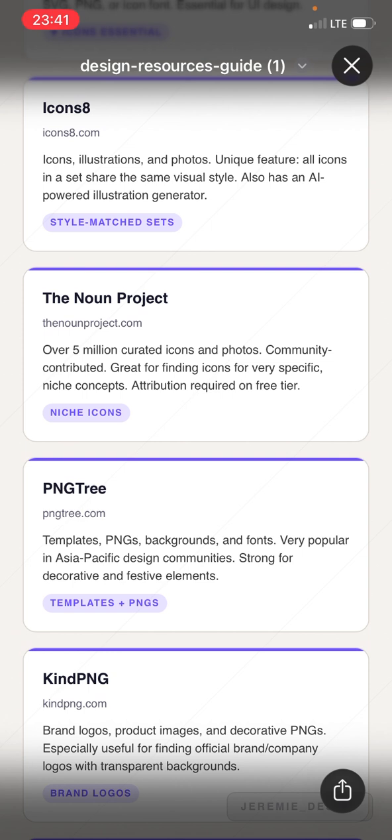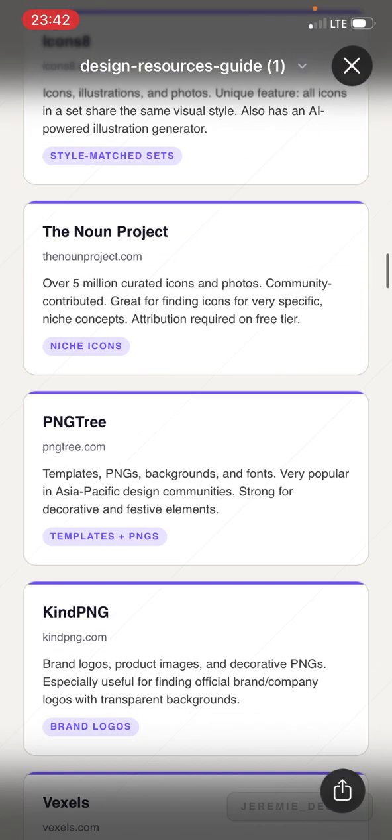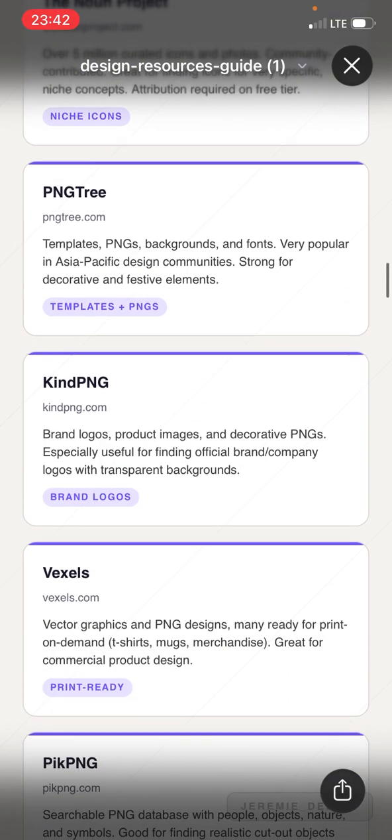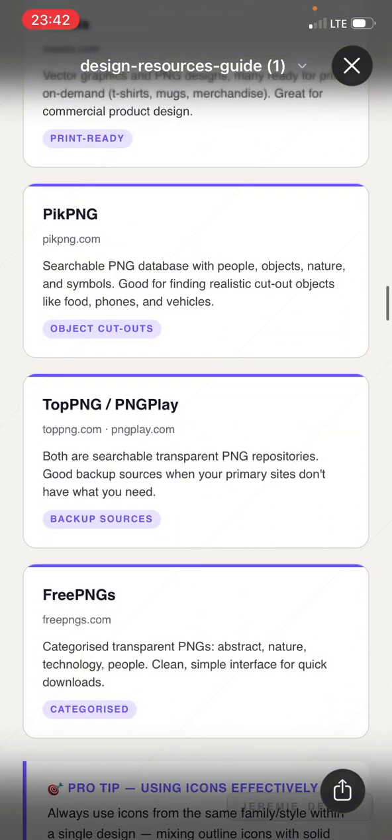We also have the Noun Project. Oh my god, I've used the Noun Project some time ago. It's highlighted that it has over 5 million created icons and photos, community contributed, great for finding icons for every specific niche concept. Attribution required on free tier. The Noun Project is basically where you could get logo inspiration and some images. We also have PNG Tree, KindPNG, Vexels, PickPNG,